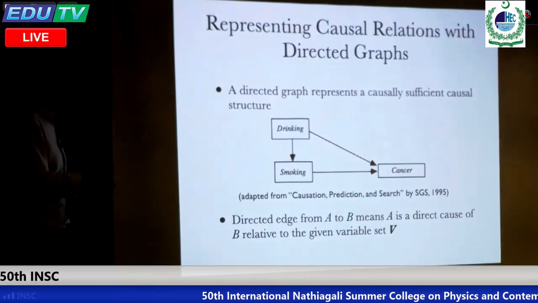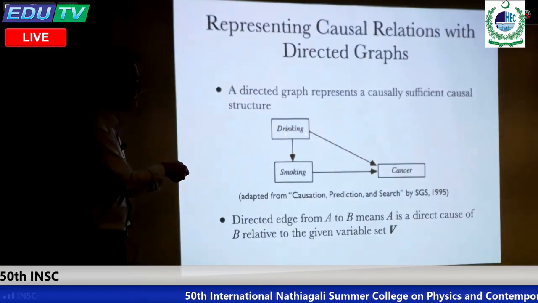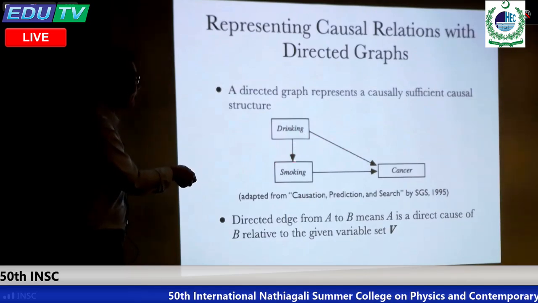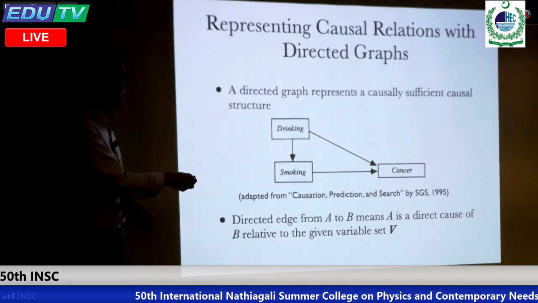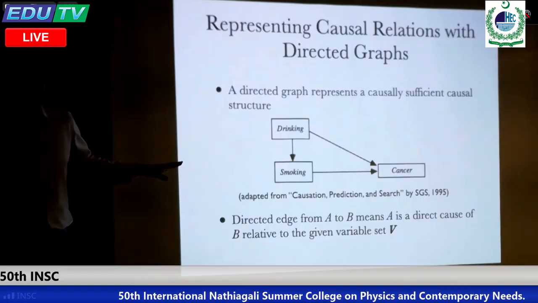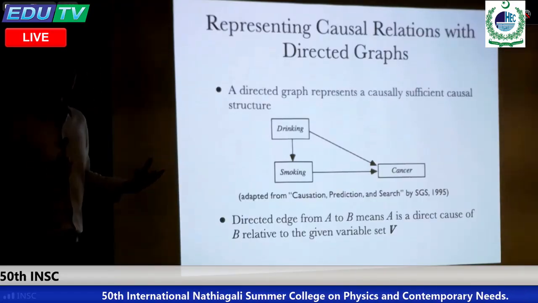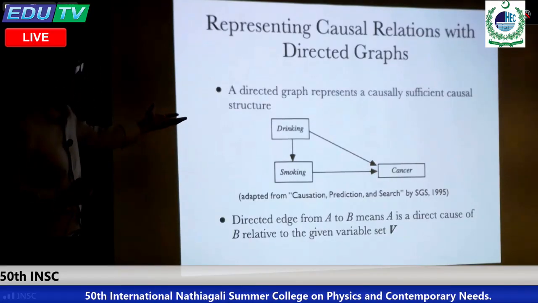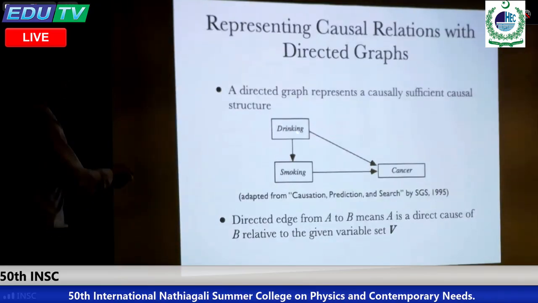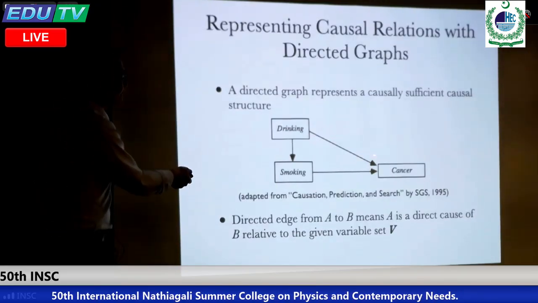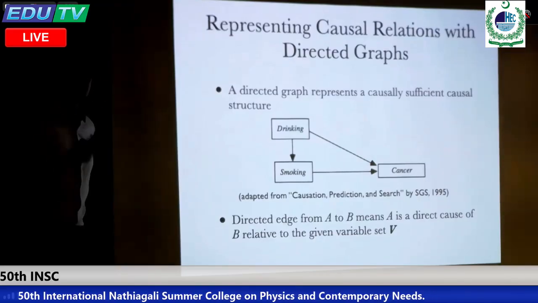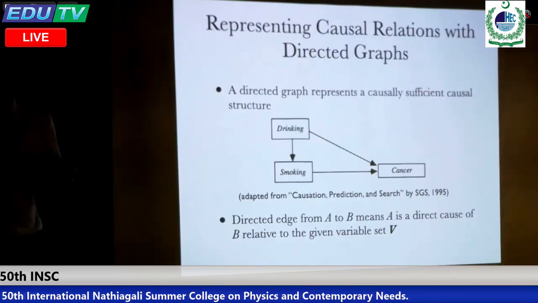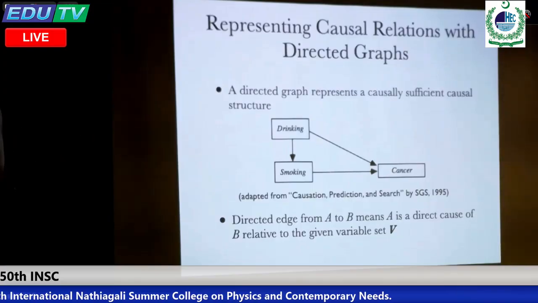Right here, we use direct links. If there's a direct link right here, it means that drinking is the direct cause of smoking, right? Similarly, drinking is the direct cause of cancer, and so on. So the causal graph is very simple, right? When we were very young, we used a direct representation, as you can see here. Furthermore, there are two pathways: direct influence and indirect causal influence. If you have a graph, you know not only causality, but also direct and indirect causal influences.